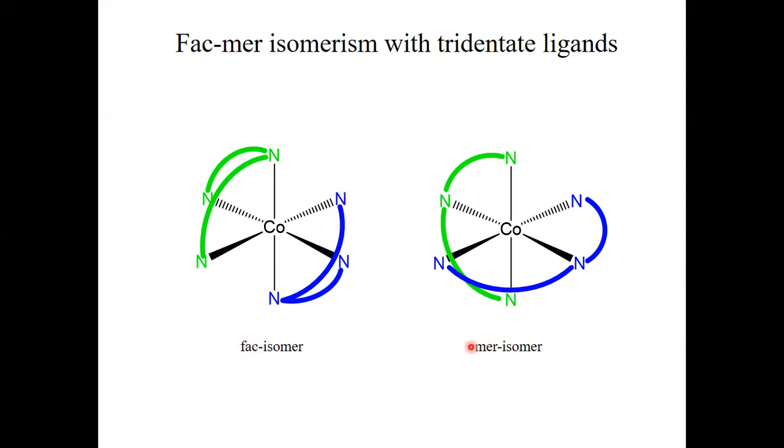Here, this is the MER isomer, and you see now that these three donor atoms actually lie in a plane. These are all on a plane that bisects the octahedron. The entire plane could be thought of as these 4 nitrogens here, that would bisect the octahedron. And the other 3 nitrogens would also be part of a plane that would bisect the octahedron